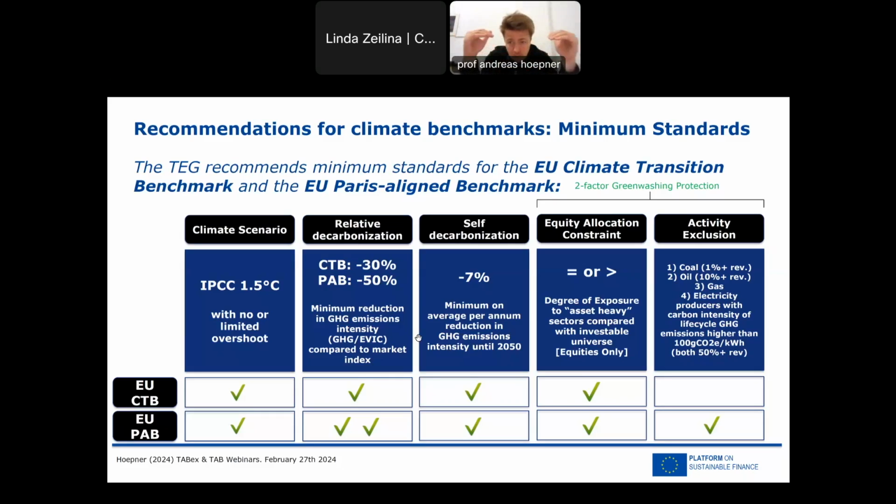This is a minimum requirement, so any index provider would normally put on advances beyond that. Some go straight from minus 10% rather than minus 7%. Others have used scope 3 from day one. Again, others overlay with other types of screens. So it's really the minimum that anyone can exceed upon. But if there are any questions on this concept, because it's very important that we are leveling on this before we go to the explanation of taxonomy-aligned benchmarks, please, they are very, very welcome.